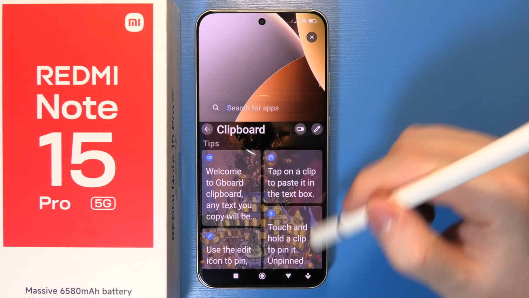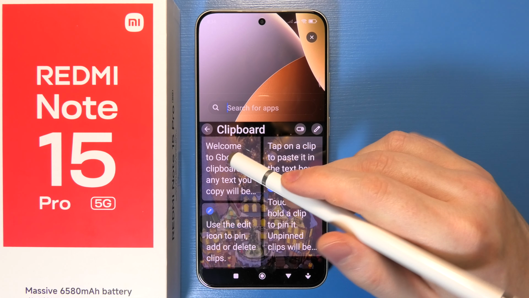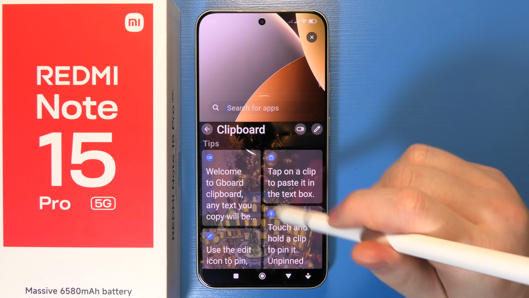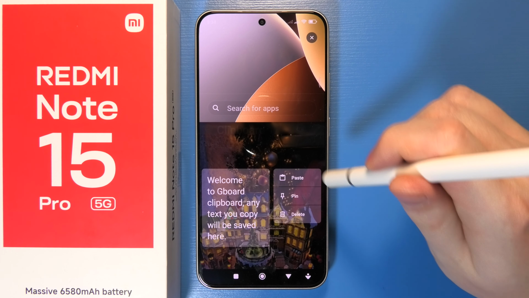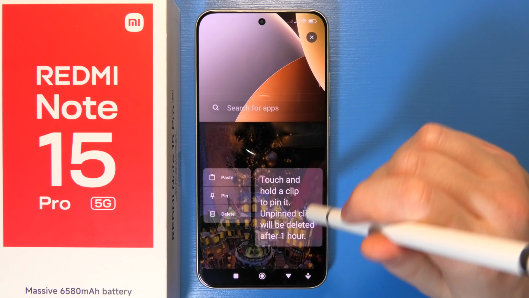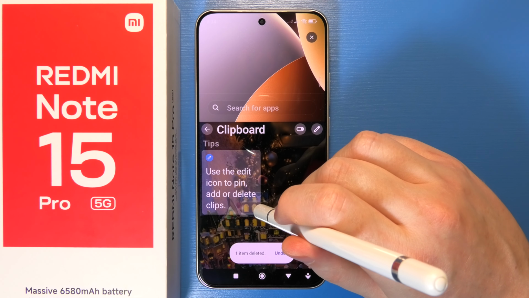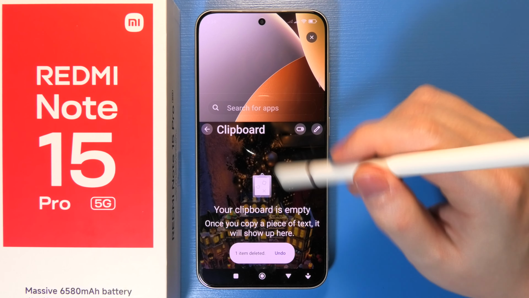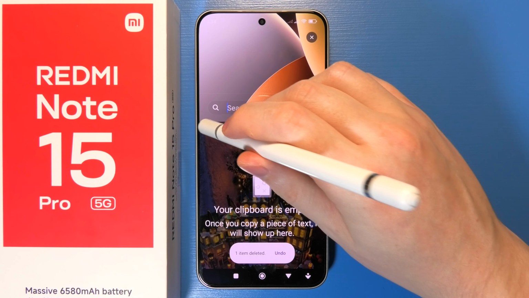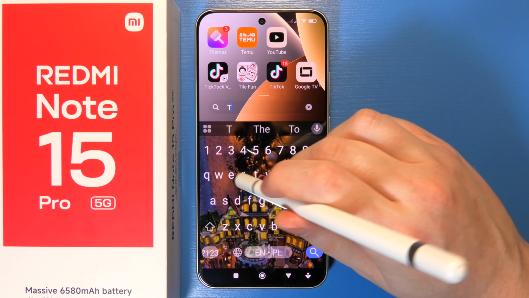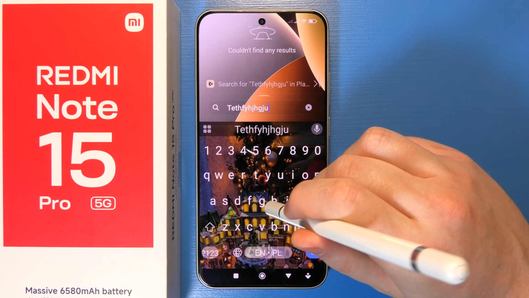Now, as you can see, there's our clipboard, and you can already see some of the text inside. You can click and hold each of the text to remove it, because this is basically some gibberish that you don't need here. Now when we have everything removed, we can type in something. So go back to your keyboard and type anything that you like to save in your clipboard,